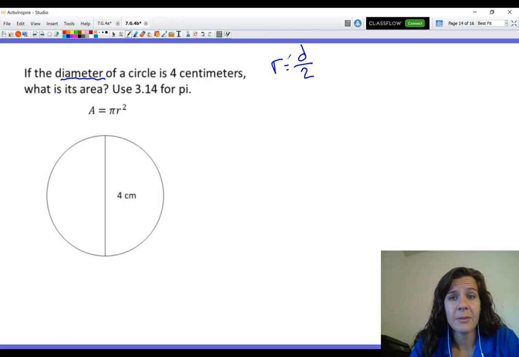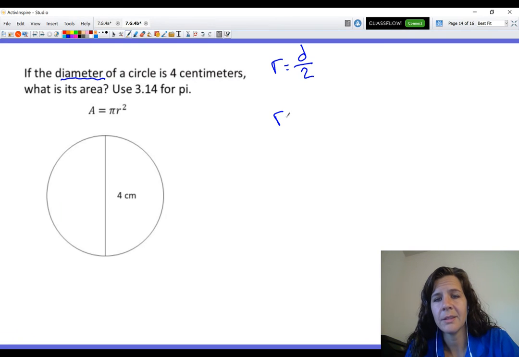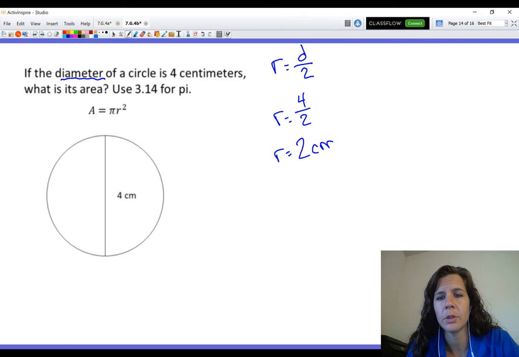So let's see. Let's find the radius here. We have the diameter of 4. So we know that the radius equals the diameter of 4 divided by 2. So the radius is 2 centimeters. Okay, now let's find area. Area equals pi times the radius squared. And plug in what we know. Area is 3.14